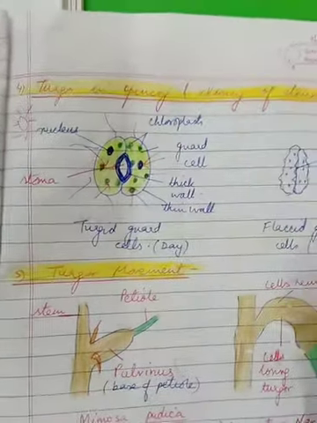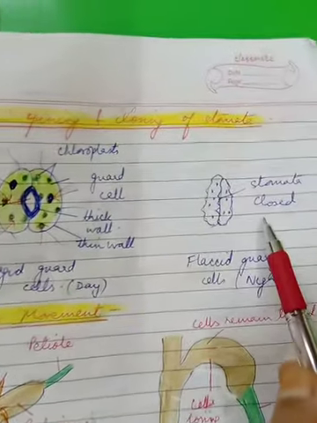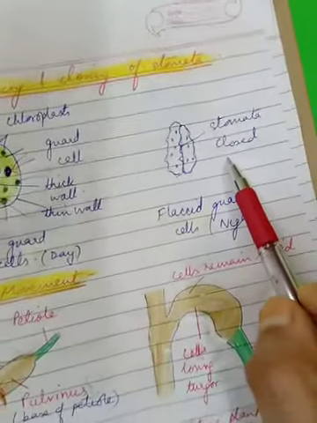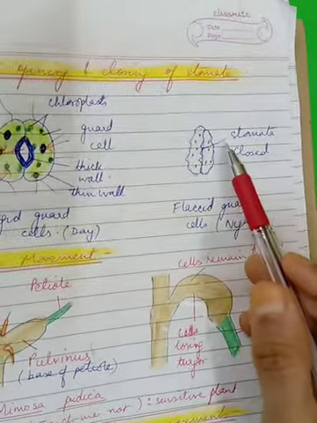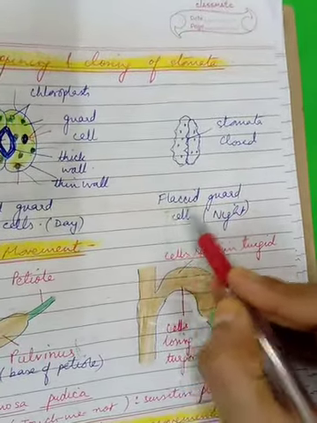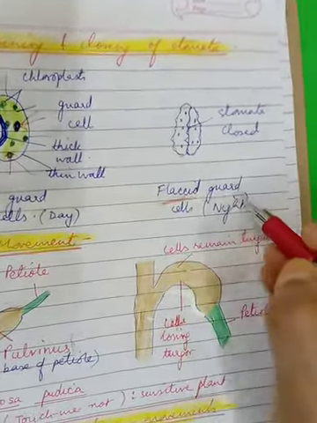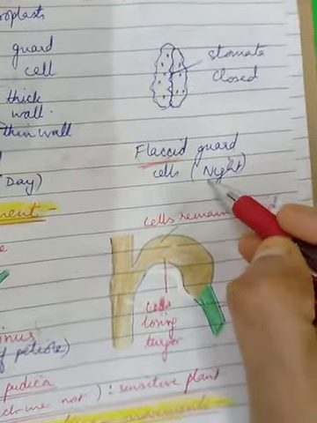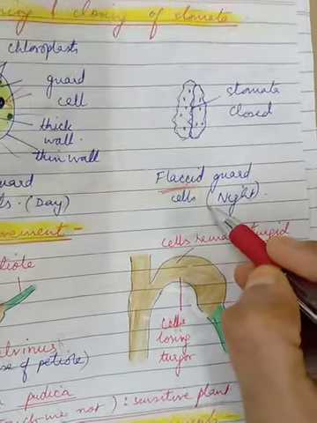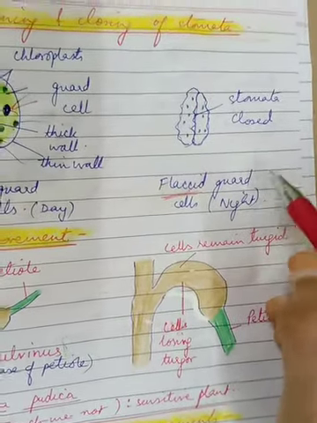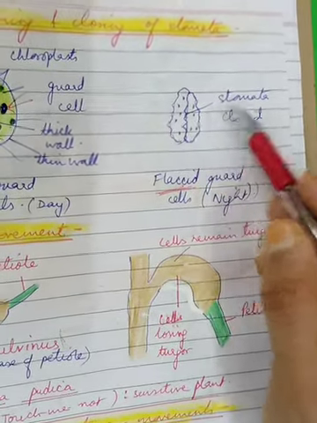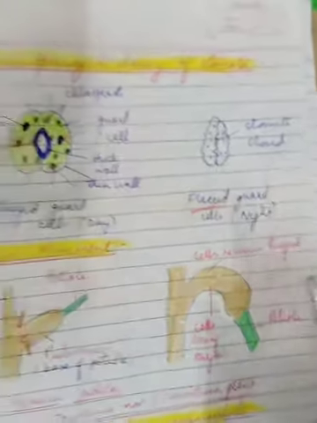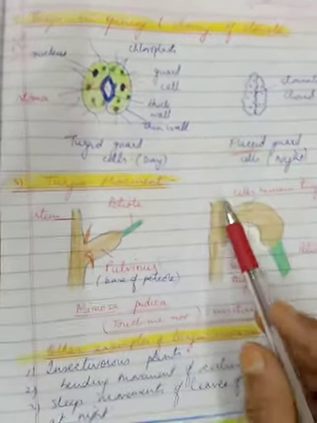Right? At night, what happens? Just the reverse. There is a shortage of water in the guard cells, and the guard cells become flaccid. Not wilted, but the guard cells that have lost the water have turned flaccid, the rigid walls have become straight, and the stomatal opening is closed. All right, so that was the opening and closing of stomata.